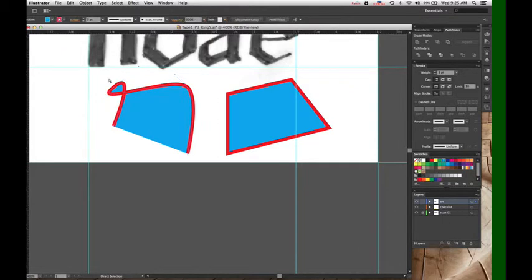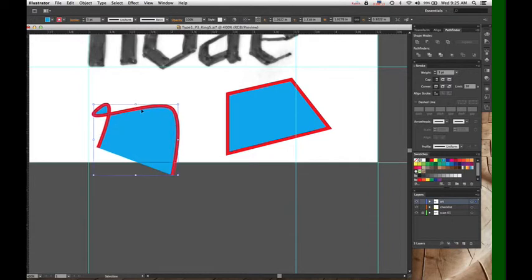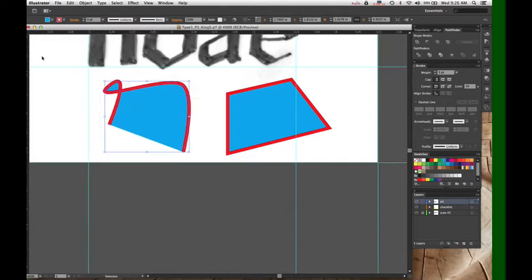Once you have curve handles, if you want to affect them directly, your basic selection tool selects the entire object. This is good for moving things around. Your direct selection tool will select individual points and move them, or individual handles and move them.